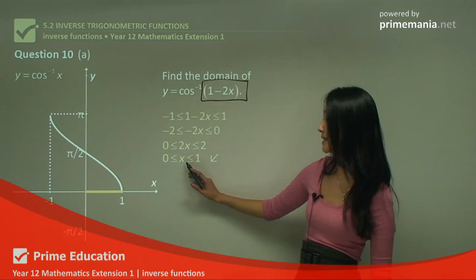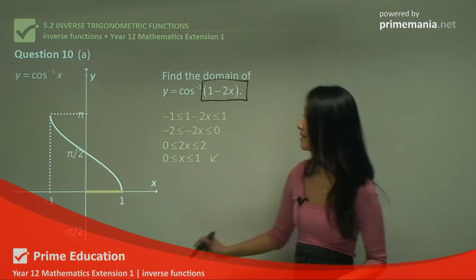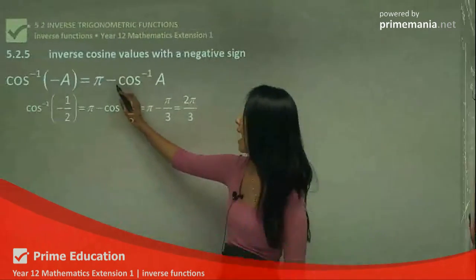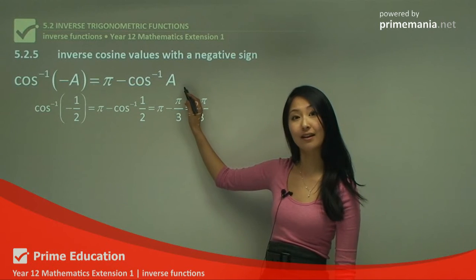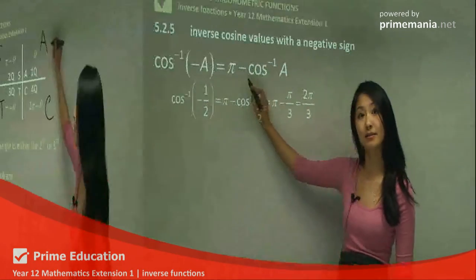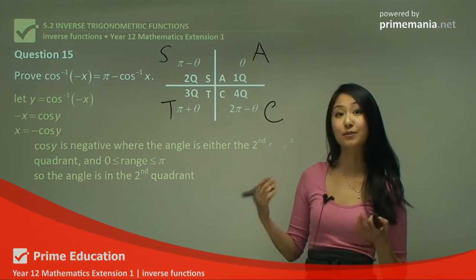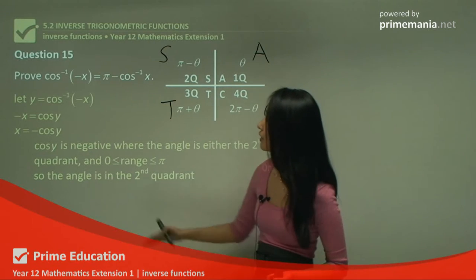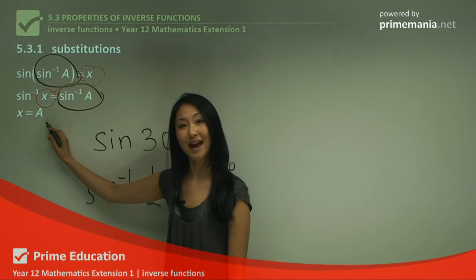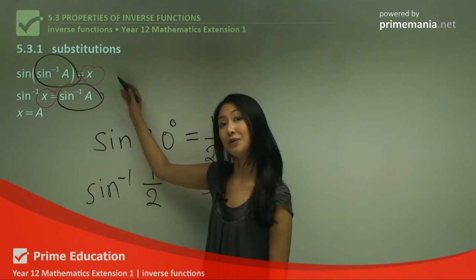We see that x has to be between 0 and 1. So we worked out the domain to be between 0 and minus inverse cosine of a. So that negative inside becomes pi minus. All is positive there, sine, tan, and cos are positive in those respective quadrants. So if cosine is that, x equals to a, so therefore from this here, by letting it equal to x,